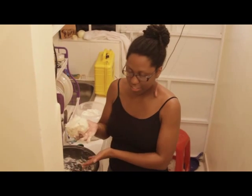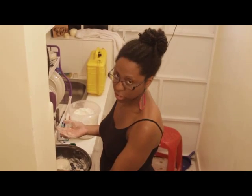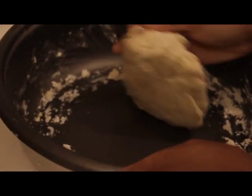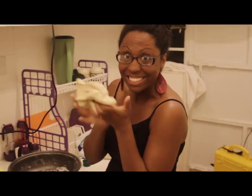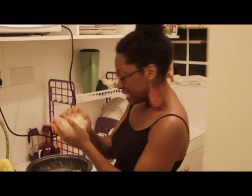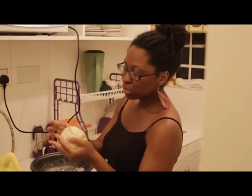So once you have this kind of dough that's not so sticky, then I just finish it by putting some oil on my hands, and then I just knead it for as long as I feel I need to knead it until it gets soft and pliable. Soft and pliable, and that's the way we want it. So I'm gonna put it back in the bowl, and then cover it with a wet cloth and let it rest for about 15 to